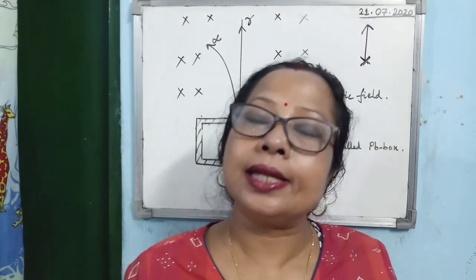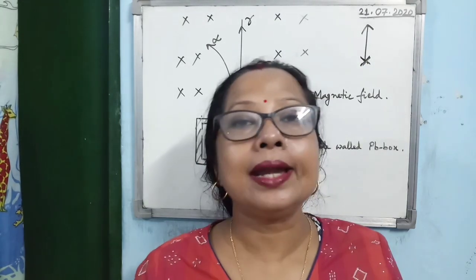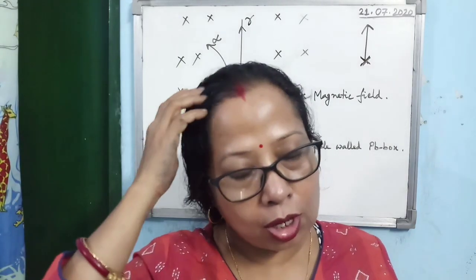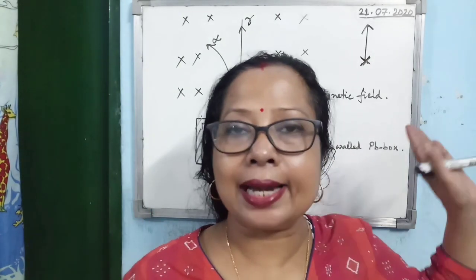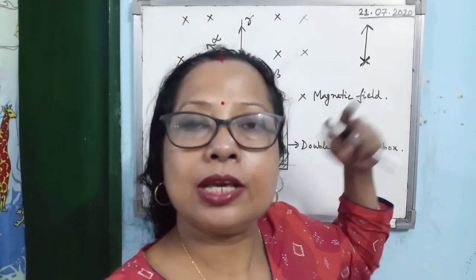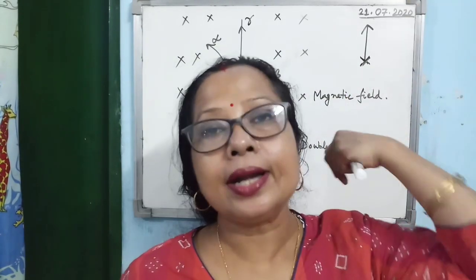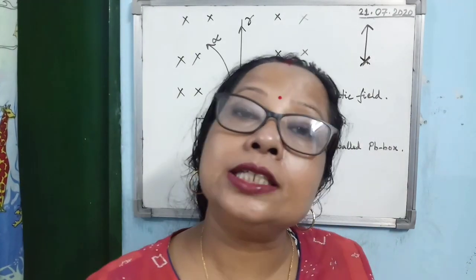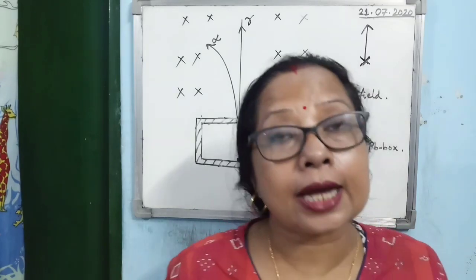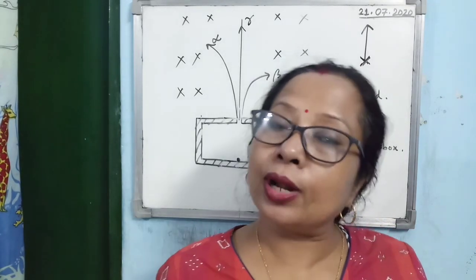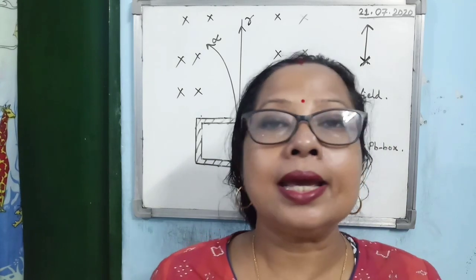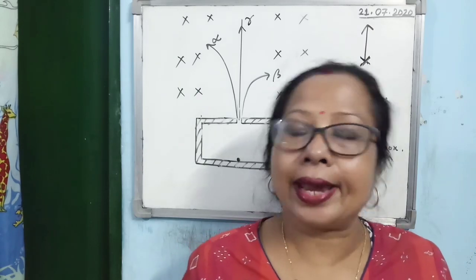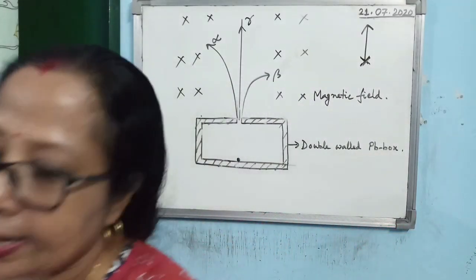Alright, in an electric field it deviates towards the negative plate, and in a magnetic field, to find out the direction I would need electromagnetism, which I have not taught, so just leave it. If the magnetic field is in the inward direction, alpha will deflect towards the left. Beta is the radiation which deflects towards the positively charged plate and deviates by a greater amount, and in a magnetic field directed inward, it will deflect towards the right. They are known as the beta radiation.